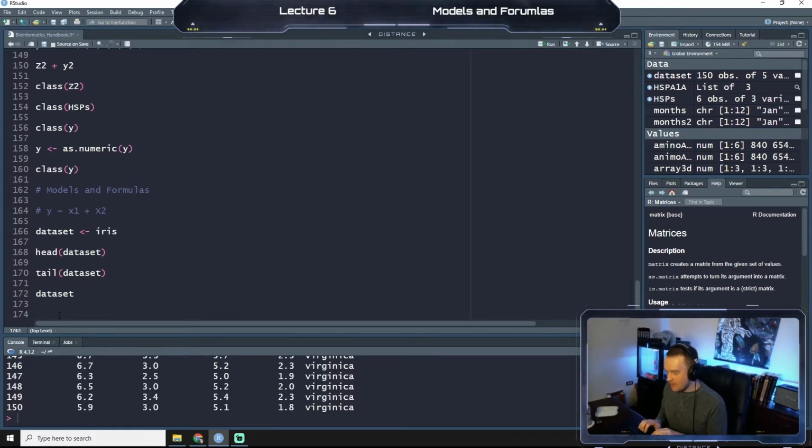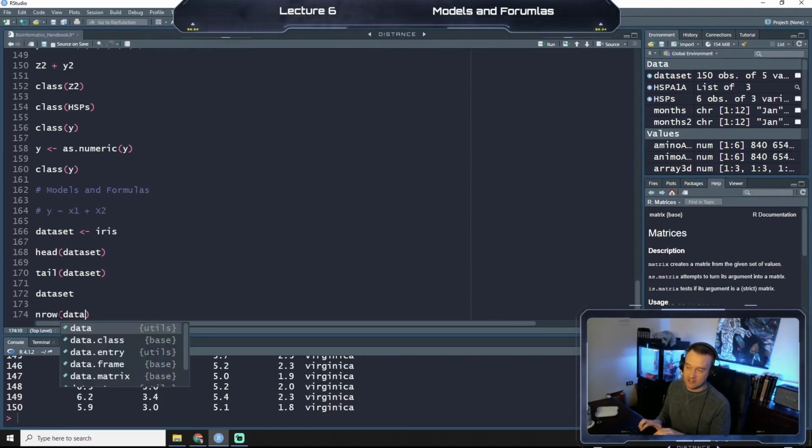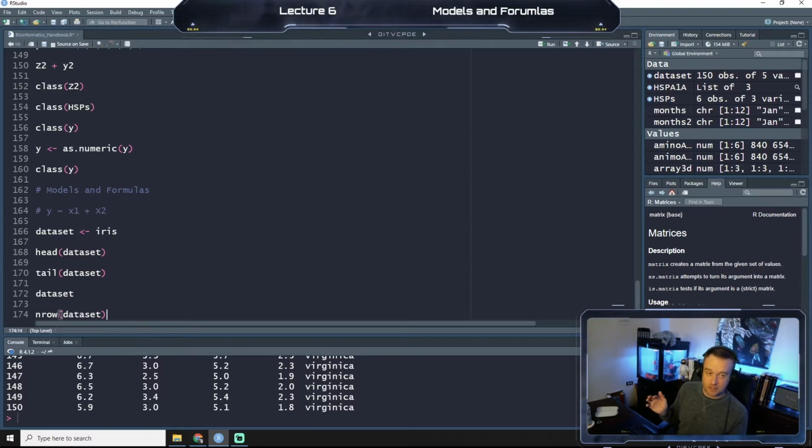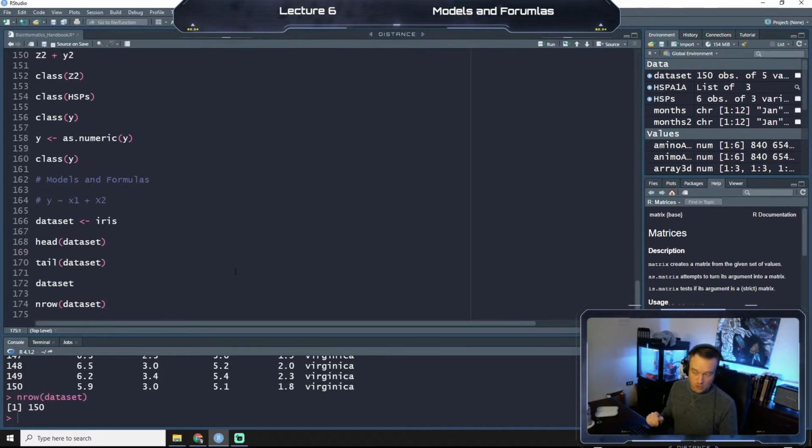All right, the other thing we can do is find the number of rows in our data set. Like if we were doing gene expression, and we knew our genome had 23,000 genes, we want to make sure they're all accounted for, that there are rows for all of them. We can do nrow, which means number of rows, for our data set. Similarly,